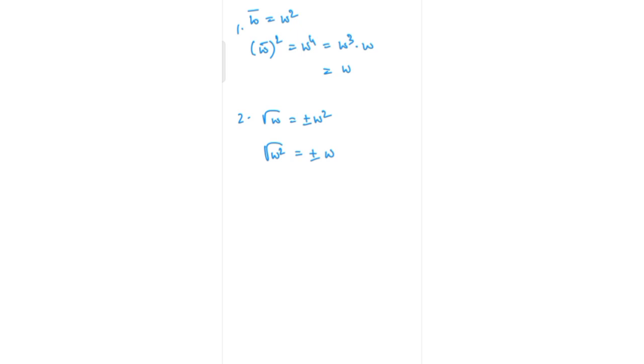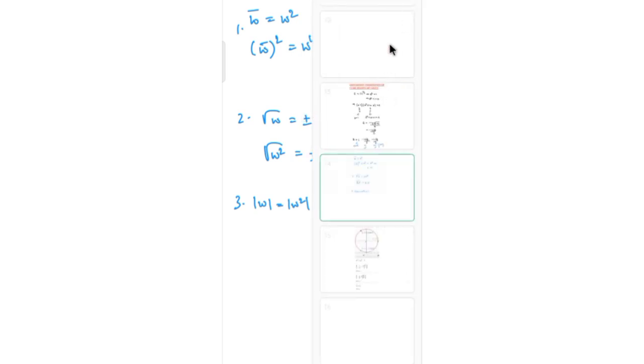We don't need to calculate all these things. And the third one, as you all know, is mod of omega is equal to mod of omega square is equal to 1. That's the reason they are roots, right? When we represent this in the Cartesian plane, we are plotting it in real points, so the distance, the mod, must be 1. So mod of omega is equal to mod of omega square is equal to 1. Now I'm going to list out some properties of this that are important.